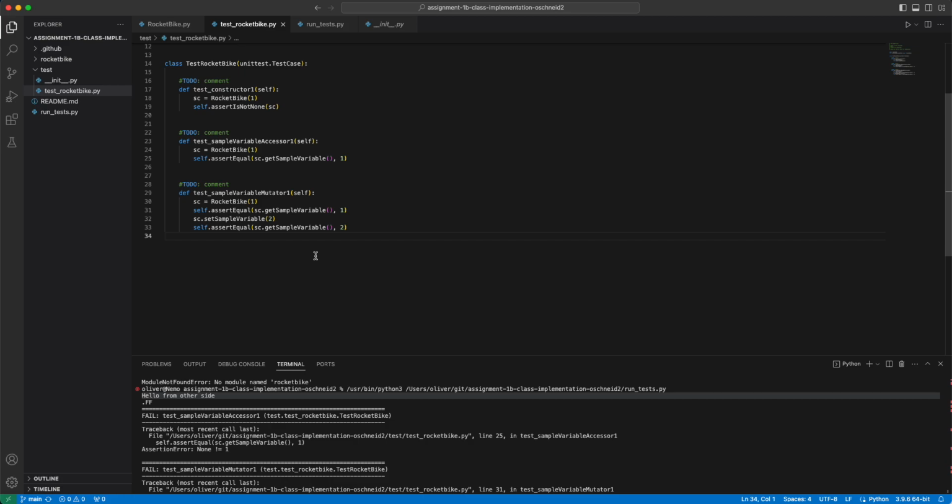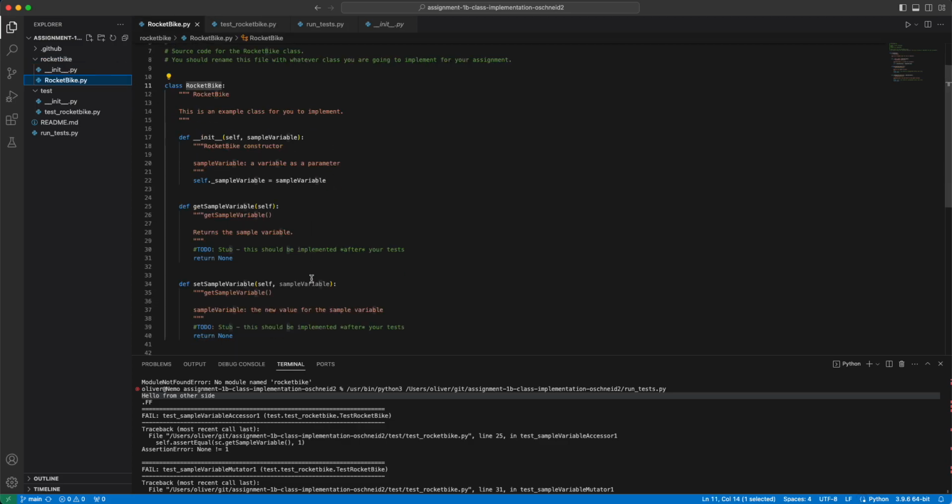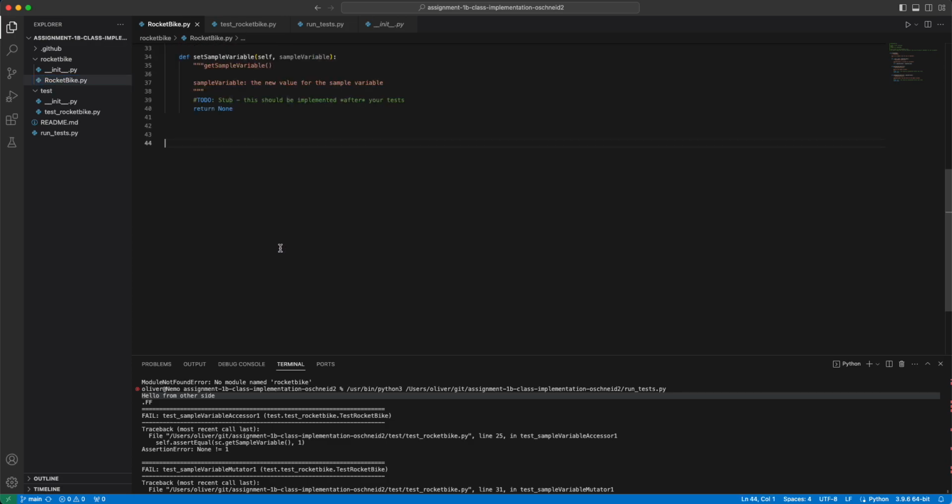However, if you want to run your tests, actually I wouldn't do that here. If you want to test your file out or maybe get some file sizes, you might want to add some code kind of like that. And so that's where you would go to your class name, whatever it's called. I called mine Rocket Bike. And here you'd say if __name__ == "__main__":